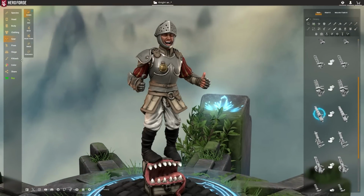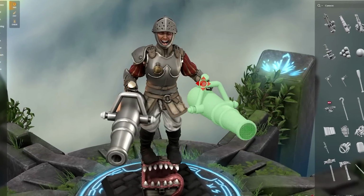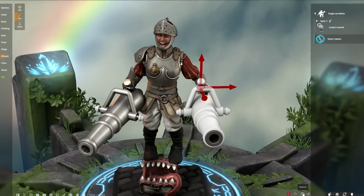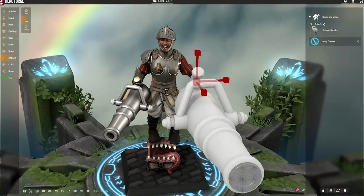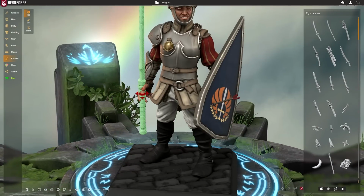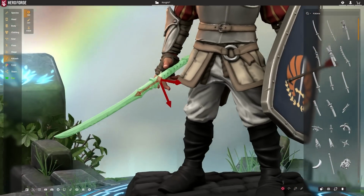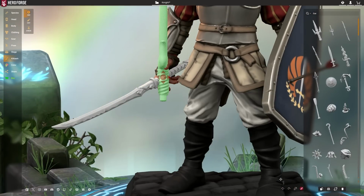Items added with kitbashing and normal Hero Forge items are not in the same category. Ordinary items added from the gear menu will not be in the kitbashing menu for advanced adjustments, even though the original character model itself is. But don't worry, if you're one of those people who really wants to play with resizing or reshaping weapons, like stacking several swords on top of each other, you can simply add those swords with kitbashing rather than the usual